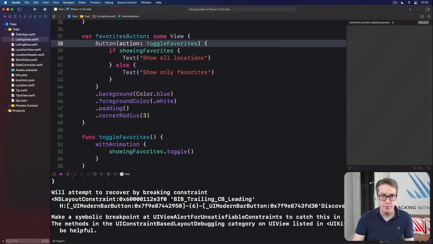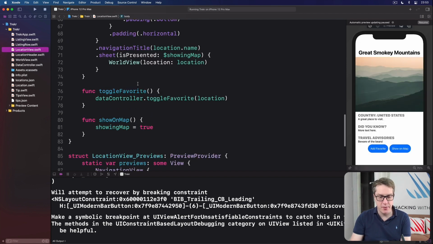Boom. So again, your code gets a little bit simpler to understand. You can now call toggleFavorites from elsewhere if you want to, for testing purposes and similar, which is great. Plus, we're breaking up layout and functionality. We're not cramming them all into the same properties, same methods and similar. That's always nice. Okay, for our fourth way to simplify views, I want to head back to LocationView.swift, because here